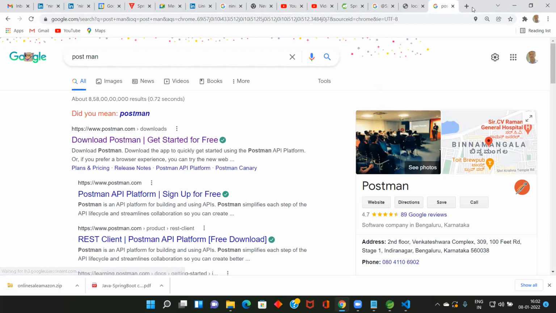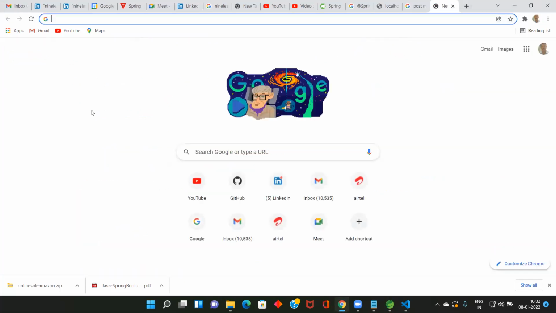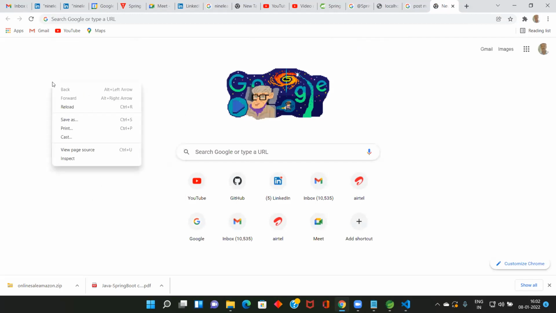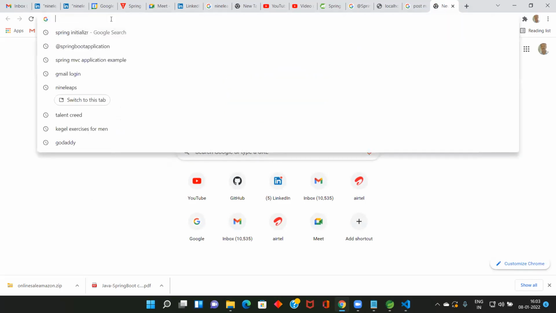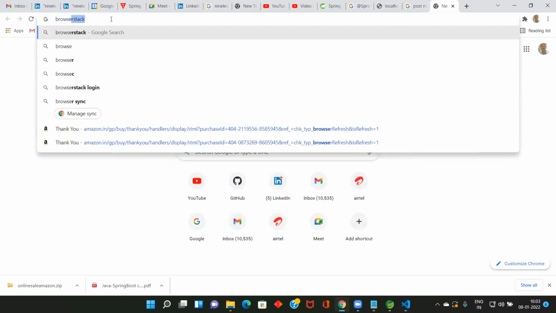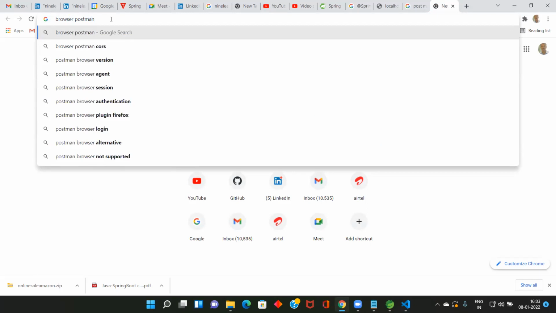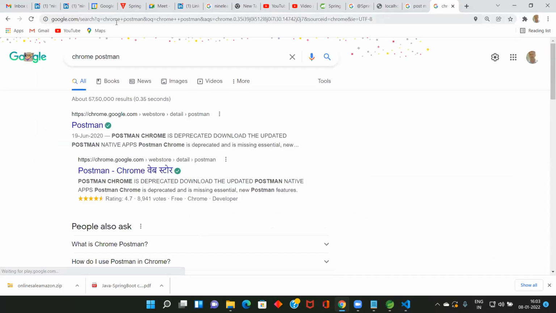If you want to open Postman, go to the browser and type Chrome Postman.